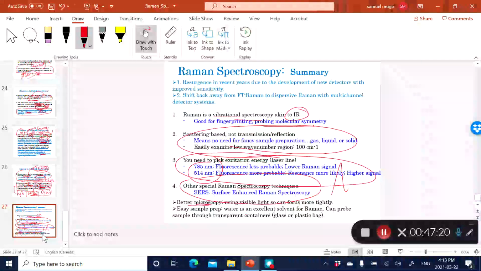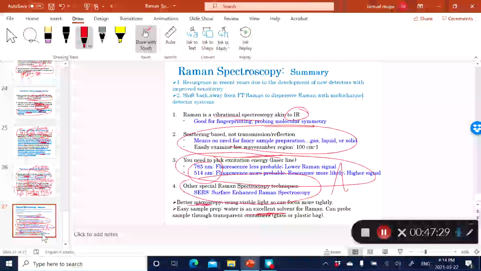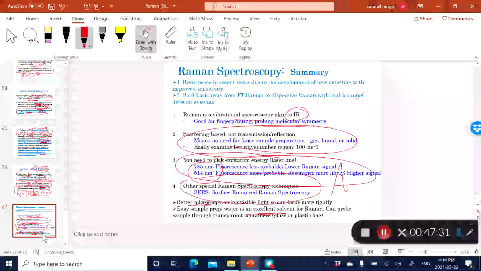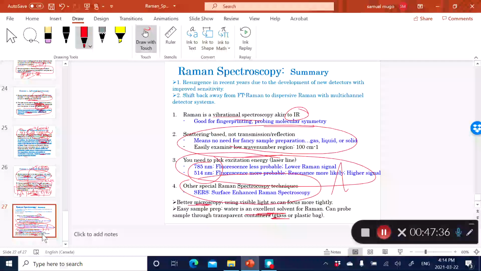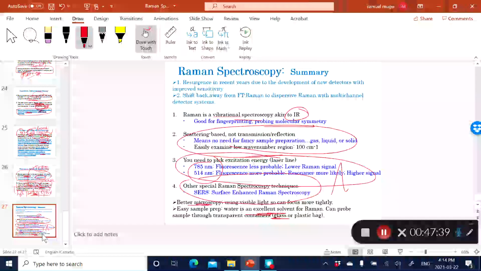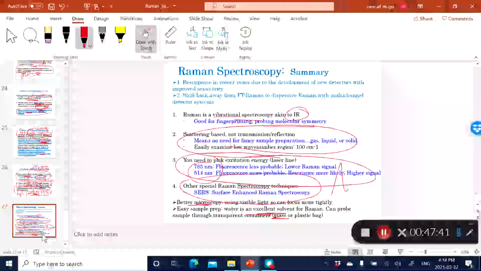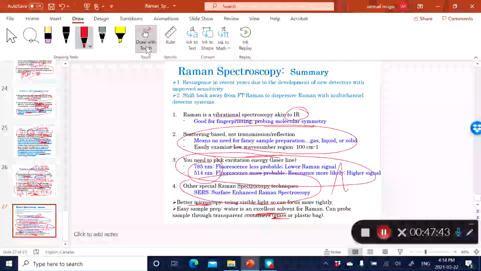And finally, you can use Raman to analyze wet samples, because aqueous samples, or water, tend to be Raman transparent. And also things like glass tend to be Raman transparent, making Raman a fairly useful technique for analysis of aqueous samples. And that's all that I'm going to say really about Raman spectroscopy, a fairly versatile analytical tool,